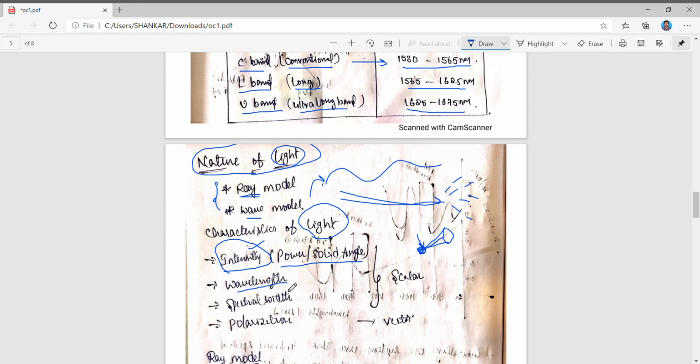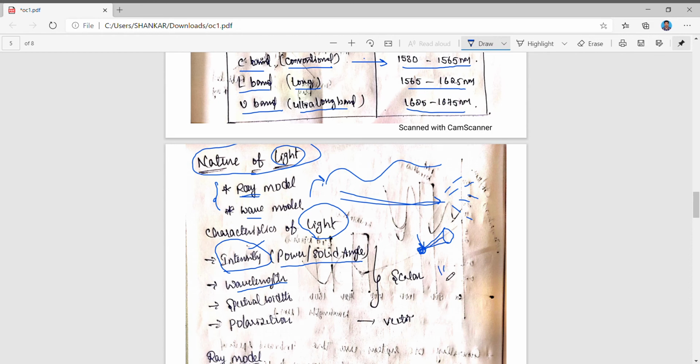So what is the wavelength here, and how are we choosing the wavelength? The wavelength of a signal will be chosen based upon the performance of the signal. Performance is based upon the losses. We choose the optical wavelength based upon the losses of a signal. So if the losses are high at a particular wavelength, we do not consider that wavelength. Suppose assume the wavelength of